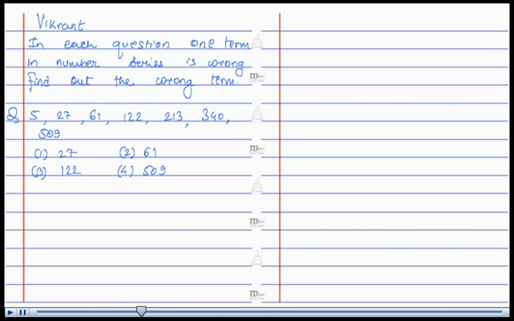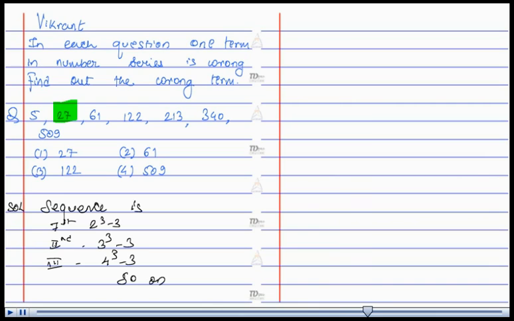The solution is, look at the series. The sequence which we are observing in this series is the first term, that is 2 cube minus 3. The second term, that is 3 cube minus 3. The third term should be 4 cube minus 3 and so on. The series is continuing. So we can say that there is only one term that is wrong here, that is